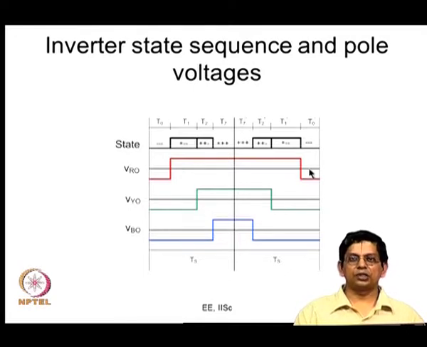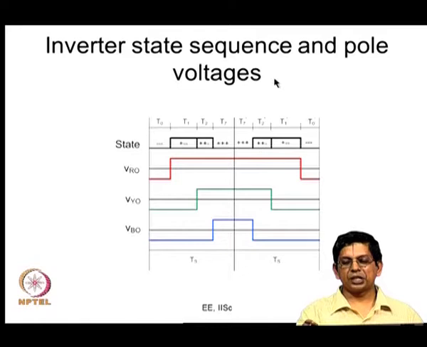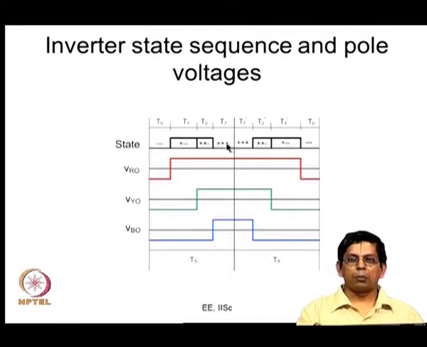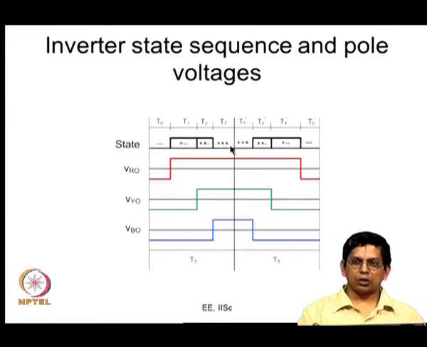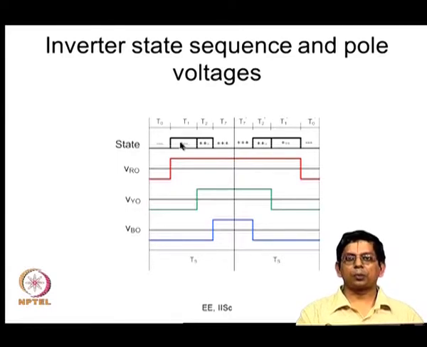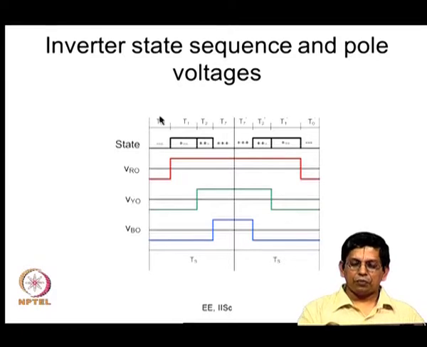That is the sequence in which they are actually going to be switching. So, this is just to look at the inverter state sequence, and this is the sequence in which the inverter states are applied by all the continuous PWM methods, wherever your modulation signal is a continuous function of angle. So, for example, sine triangle PWM, third harmonic injection PWM, conventional space vector PWM, etc., will have this kind of sequence 0 1 2 7 7 2 1 0,